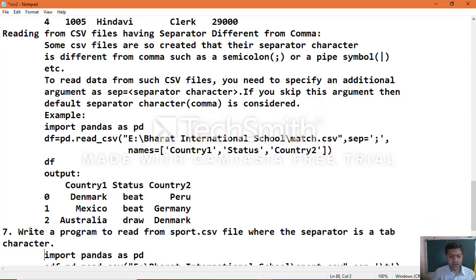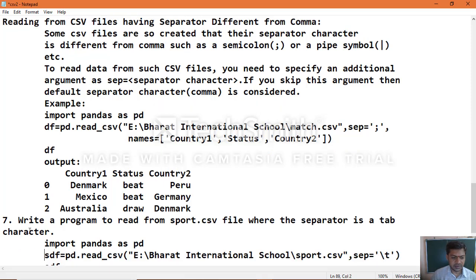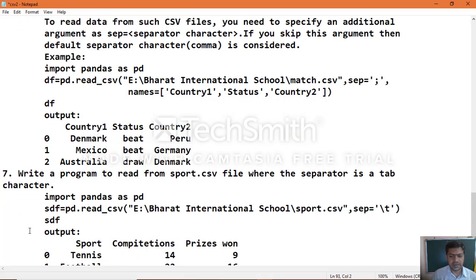Same way, another example: write a program to read from a sport.csv file where the separator is a tab character. Tab character in the sense of a tab space between the values.